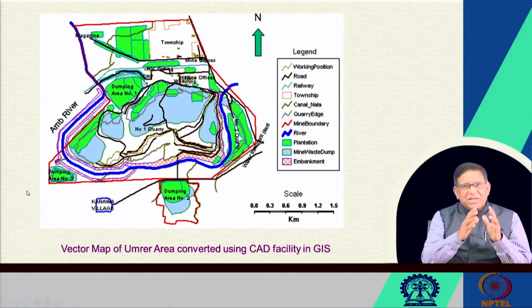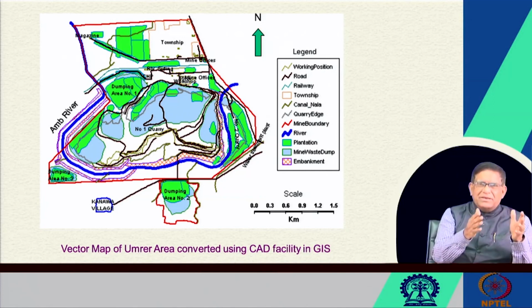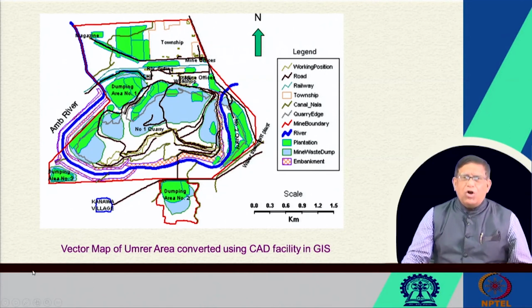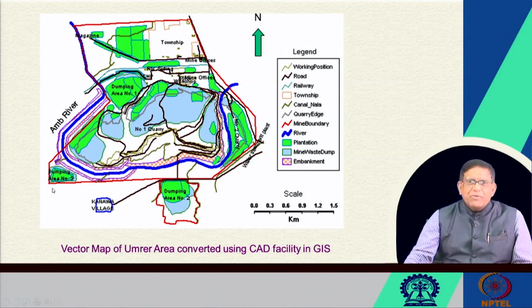Now, such things were developed in our work. This is a map I generated I think in 2003 or 4. This is the Umrer mines. You can see that once all this data was put into GIS, we could develop this map. You can see here how the Am river is shown. Then your mine boundary, this red, is the lease whole area of the mine. You can see here the dump, all this blue color is dump, there are so many dumps. Then you can see where the plantations are done. These are some agricultural plantations, and these are the dumps where the plantation has been done,